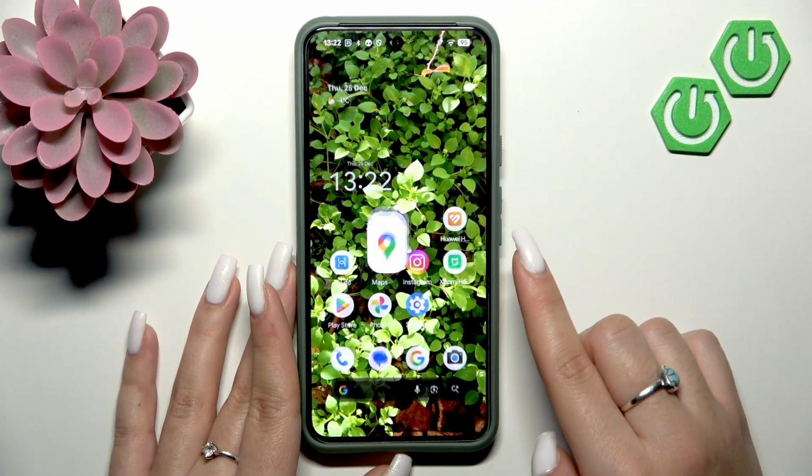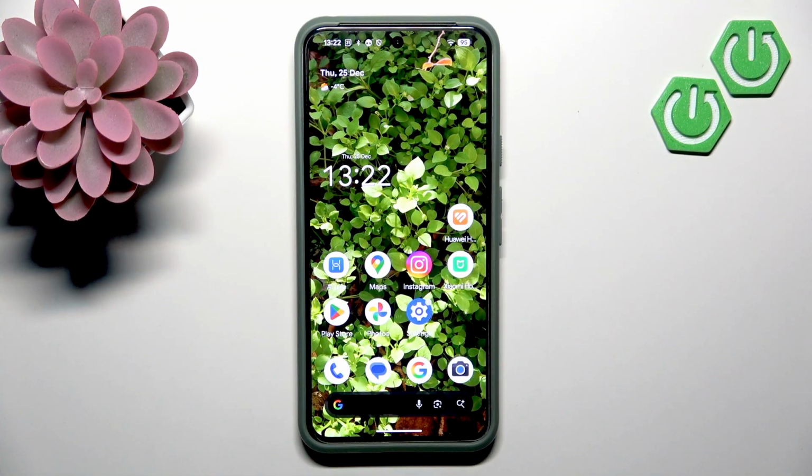So that is basically how you can use live updates on Android 16, and I really hope that you find